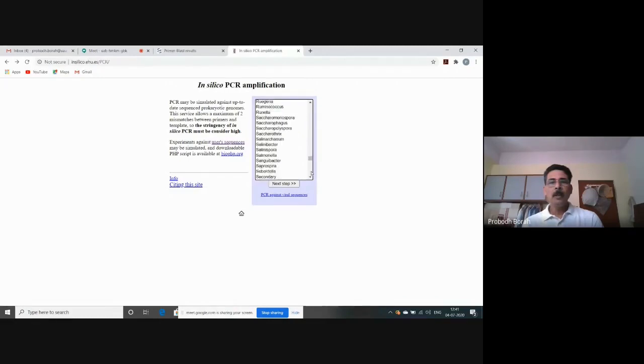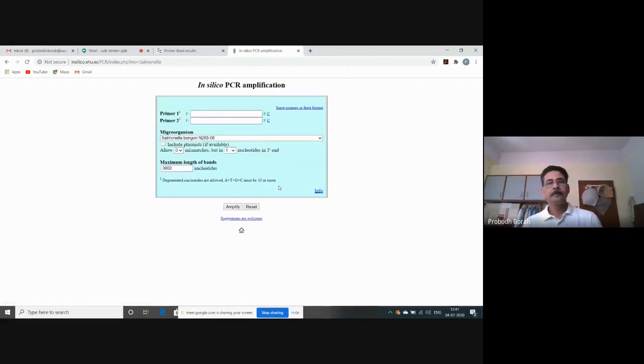The drop down menu will be used. So here there is Salmonella. We'll select Salmonella, click on Salmonella, then click next step. Now these are the two spaces where we are to upload our designed primers. Primer 1 is the forward primer. Primer 2 is the reverse primer. First we will click on primer 1. Go back to primer blast.